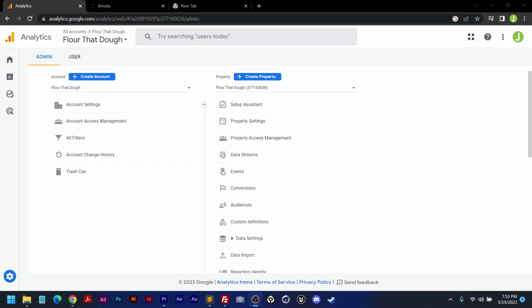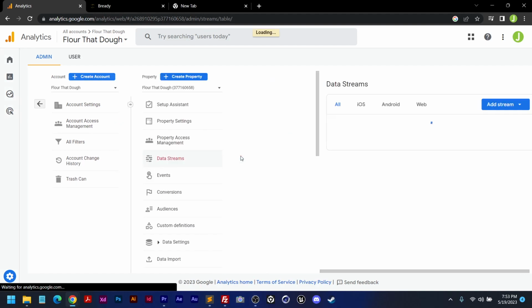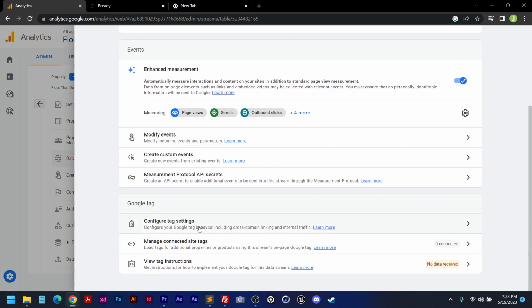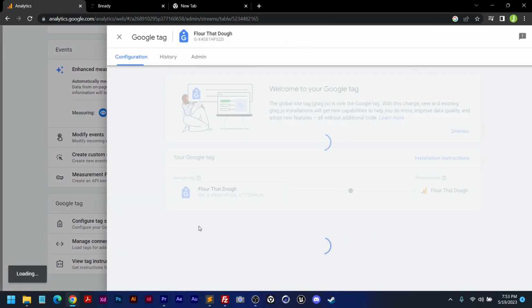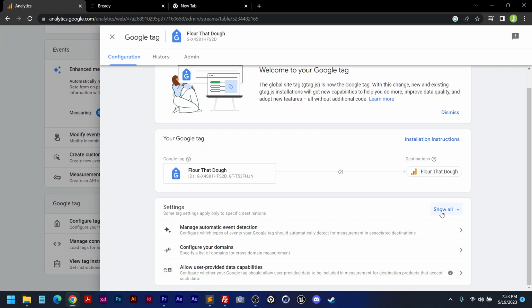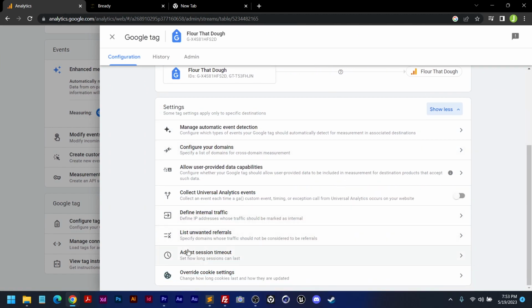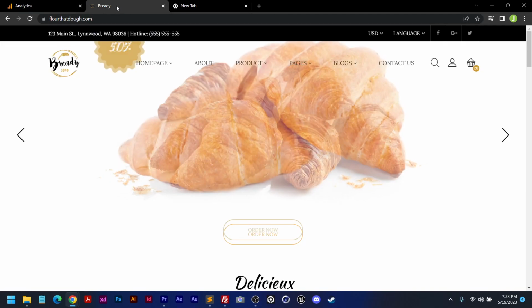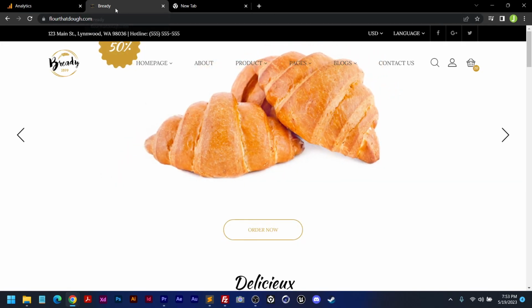And lastly, we want to go ahead and change your session duration. Go to data streams, select your data stream, scroll down to configure tag settings, go ahead and expand it by clicking on show all, scroll down and select adjust session timeout. So for the adjust session timeout, what this means is that, take for instance, if you're about to purchase an item from a website,